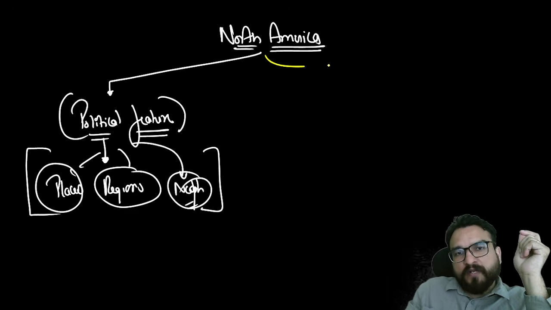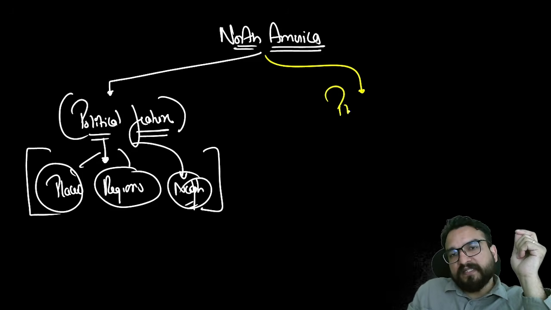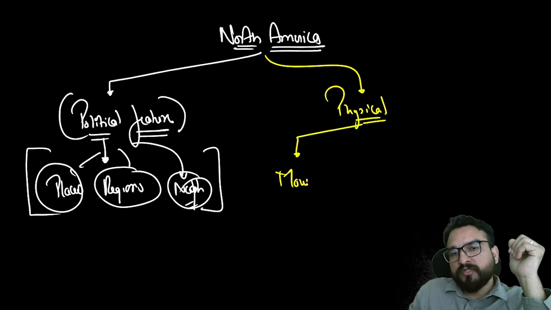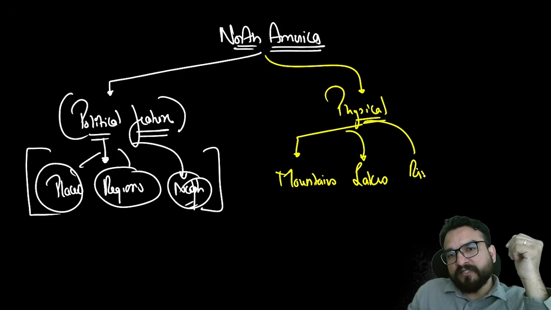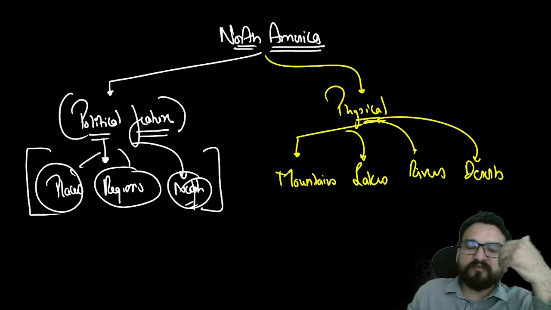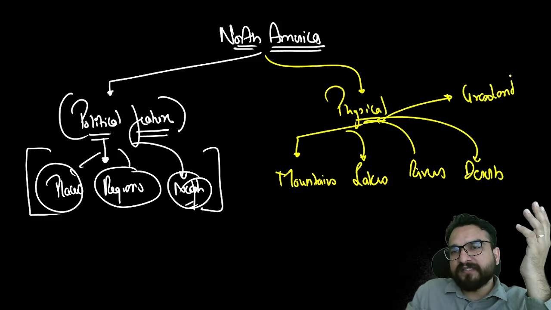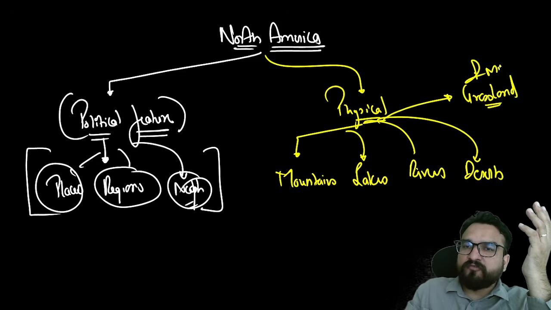The other component over here which we are going to understand is the physical feature, likewise, which we have seen. And in physical feature, the important components comes like mountains, which frequently are coming in the exams. If not mountains, then lakes. If not lakes, then they will be asking you rivers. If not rivers, then they will be asking you deserts. These are the fixed landforms which they are going to ask you. If not, then they are grasslands and certain miscellaneous other information also, right?